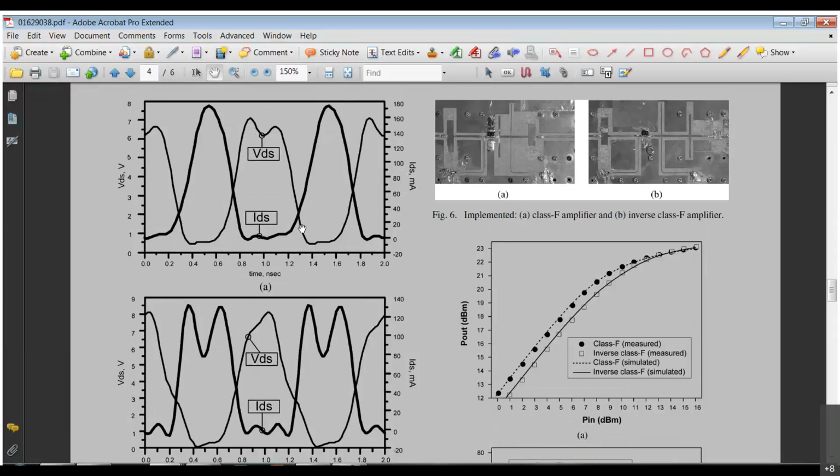And the current waveform to a good extent resembles a half sinusoid, but the voltage waveform, especially for the high condition, is quite different from that of the